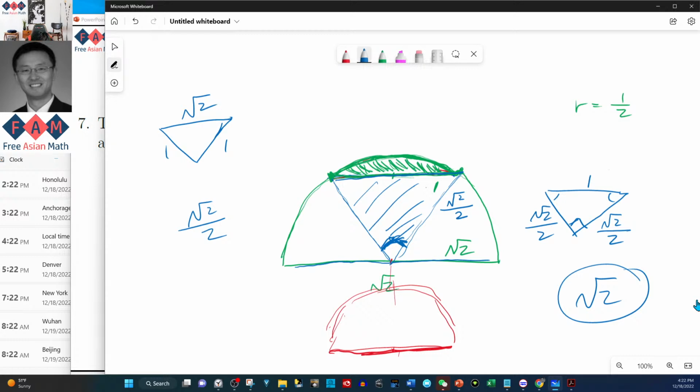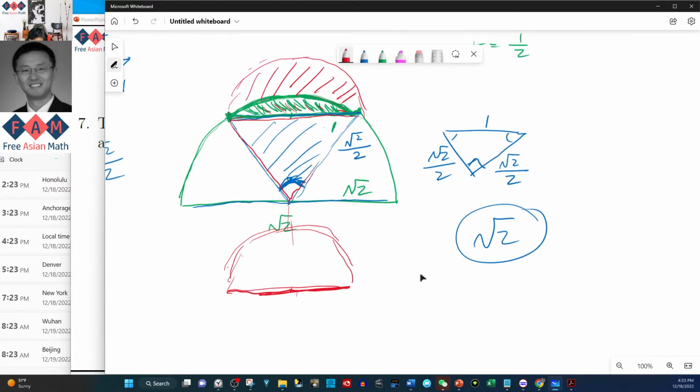In order to get the original shaded area, we just want to compute this green shaded area, because from there we can do subtraction from the semicircle. But to get it from here, clearly we just need to further subtract this triangle from this sector. Okay, so now if we just do this in English, the green one